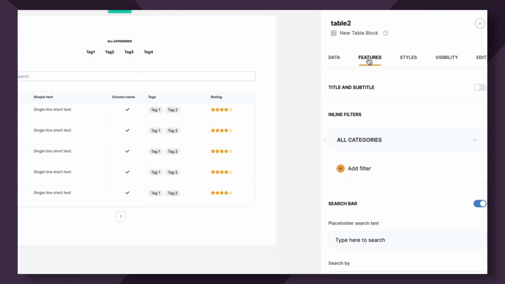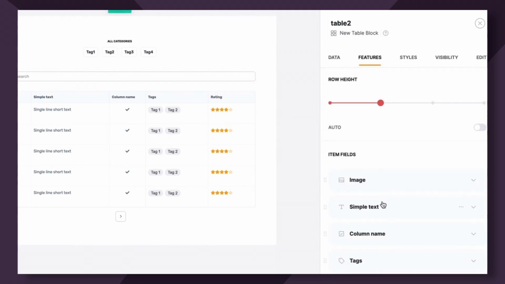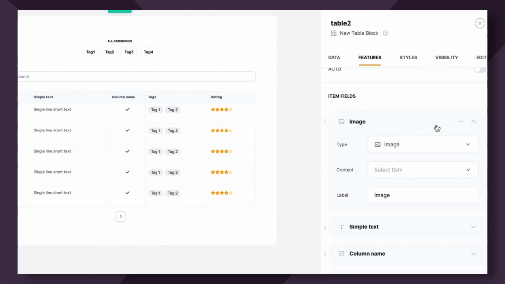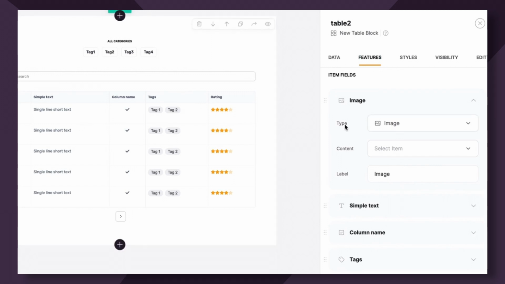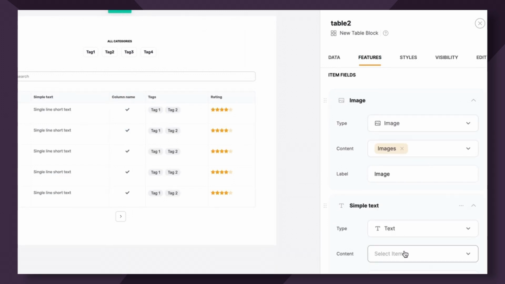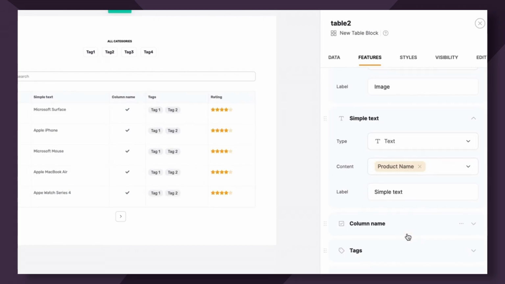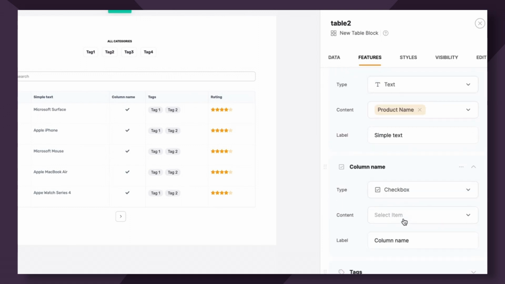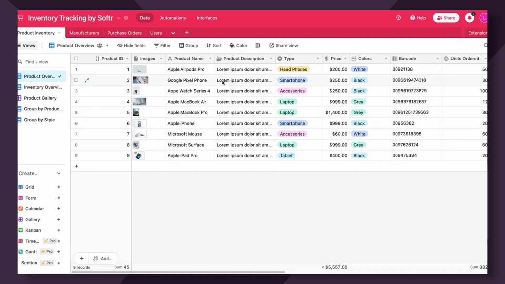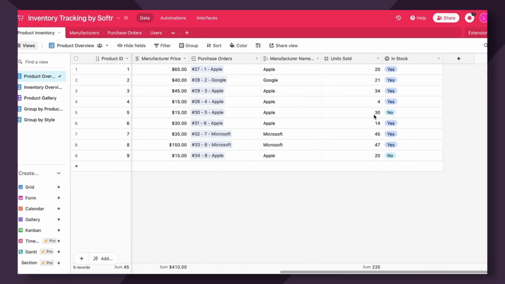So as you recall, we head over to the Features tab, scroll down to Item Fields, and let's start connecting some of this data. So we're going to want to display the image. I think that sounds great, so we can see the product. For simple text, let's add the product name. Perfect. Now, the checkbox column, I'm actually going to remove because it's not really relevant for this table, but the